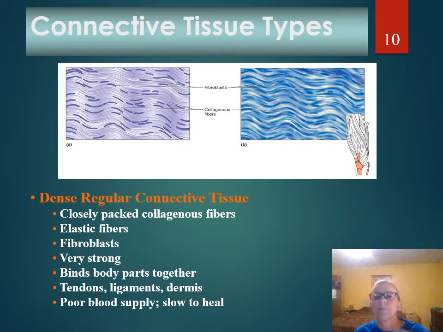So these are closely packed, thick fibers. They're collagenous and elastic fibers. These are very, very strong, and they withstand pulling forces. They're used to bind body structures as part of tendons and ligaments. These do have a very poor blood supply, so this is why if you hurt or pull a tendon, this